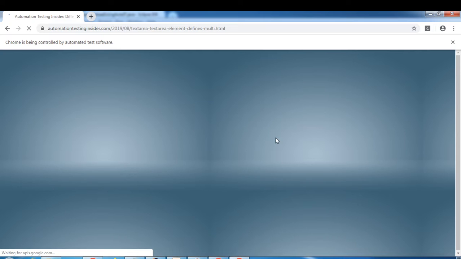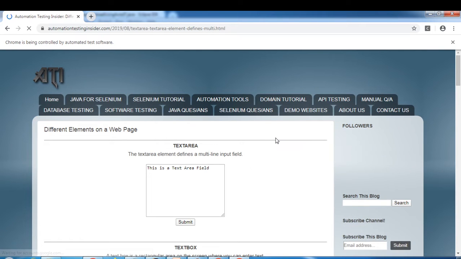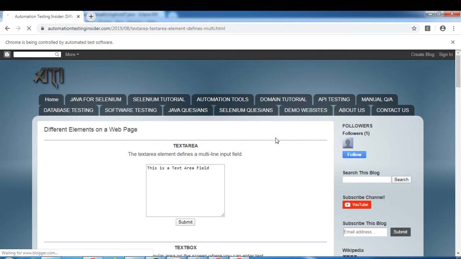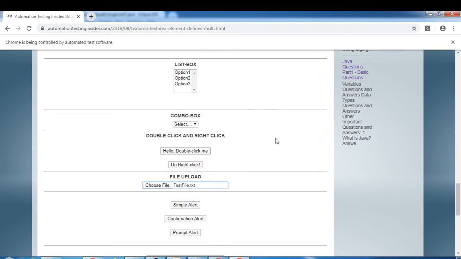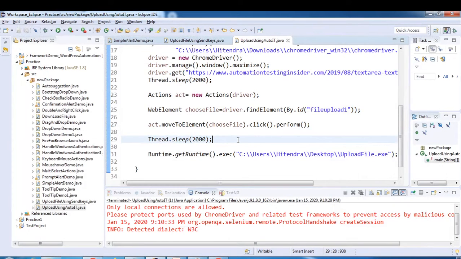Browser is launched. Navigate to URL. Hopefully this time it will upload. Here we go. You can see the test file is being uploaded now. You can see it, right? So this is how you can upload a file using AutoIt as well. Now we'll move towards the third one,